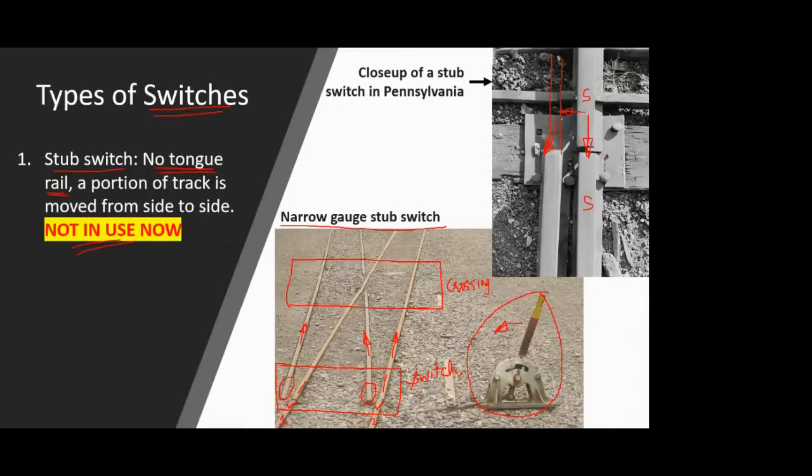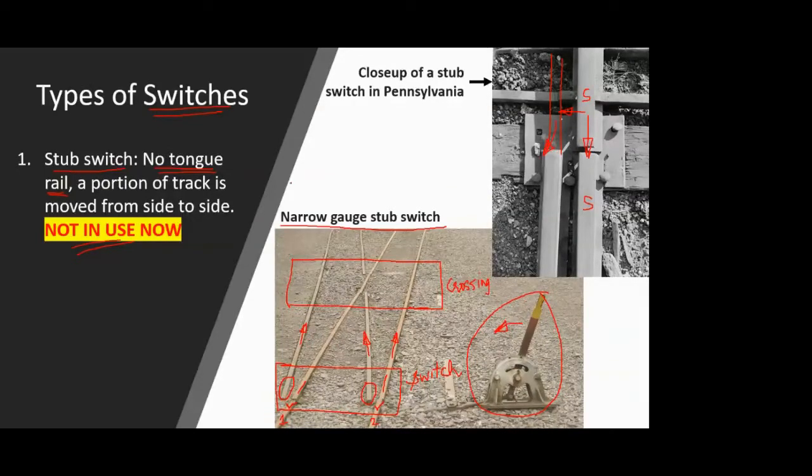Secondly, even if the rails or the arrangement was made such that the levels of both the rails, that is the fixed rail and the moving rails, match, then too, due to wear and tear and due to continuous moving of trains over the tracks, there might be chances of mismatch, that the gauge was not maintained properly, or there was a level difference. So there were a lot of issues in this stub switch, as you can see here.